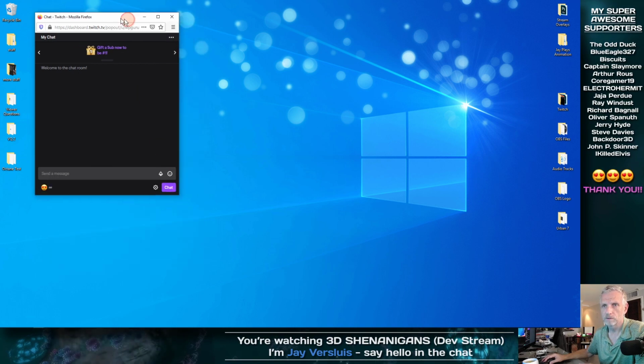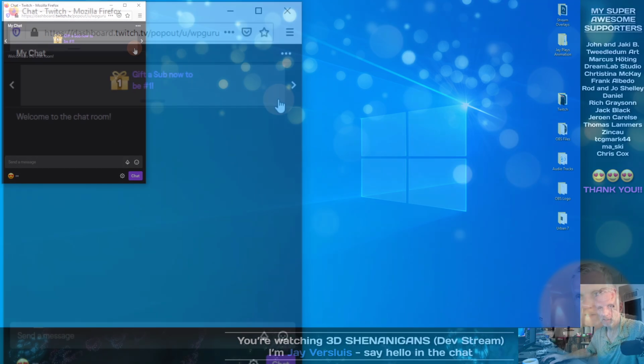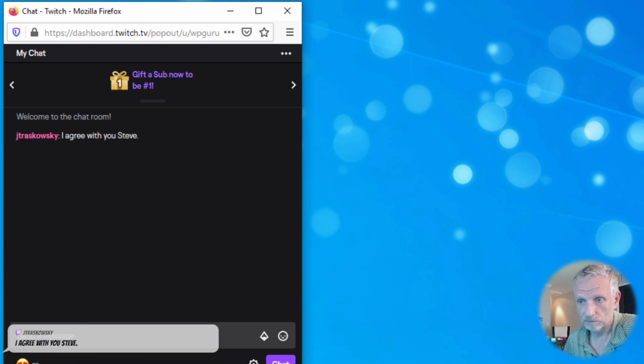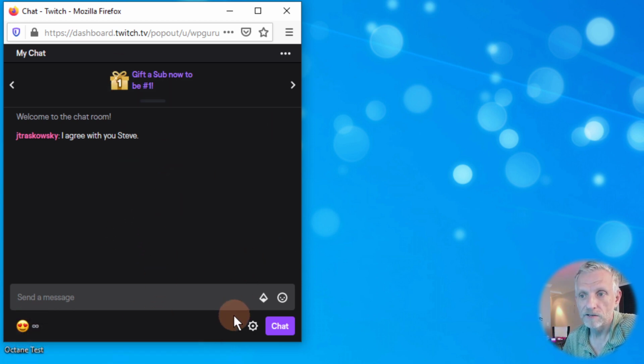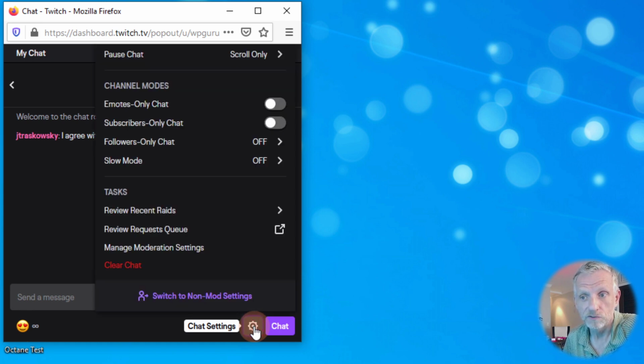I'll see if I can zoom in into that corner, and then we can all see this in a bit more detail. There. That should do the trick, right? Now we can see everything. You can see my channel points here, my happy points, and we can see the options that we have. Down here, there's this little chat settings icon. If the streamer clicks that, we have several options here. These are the ones I was talking about. So I can have a subscriber-only chat or a follower-only chat.